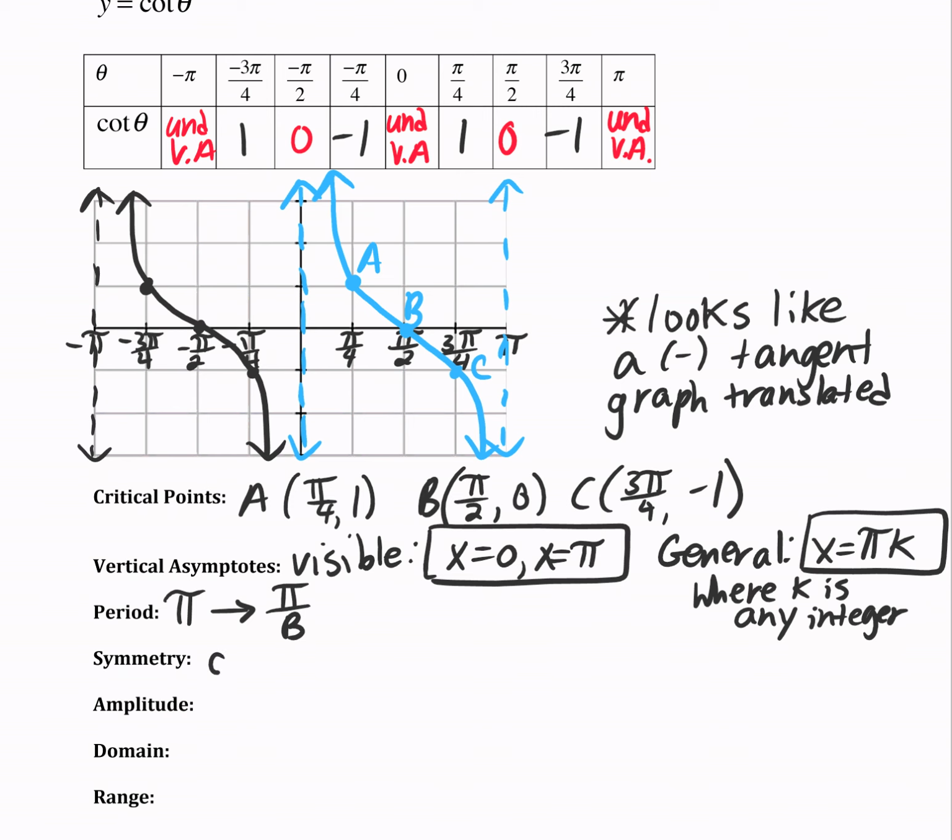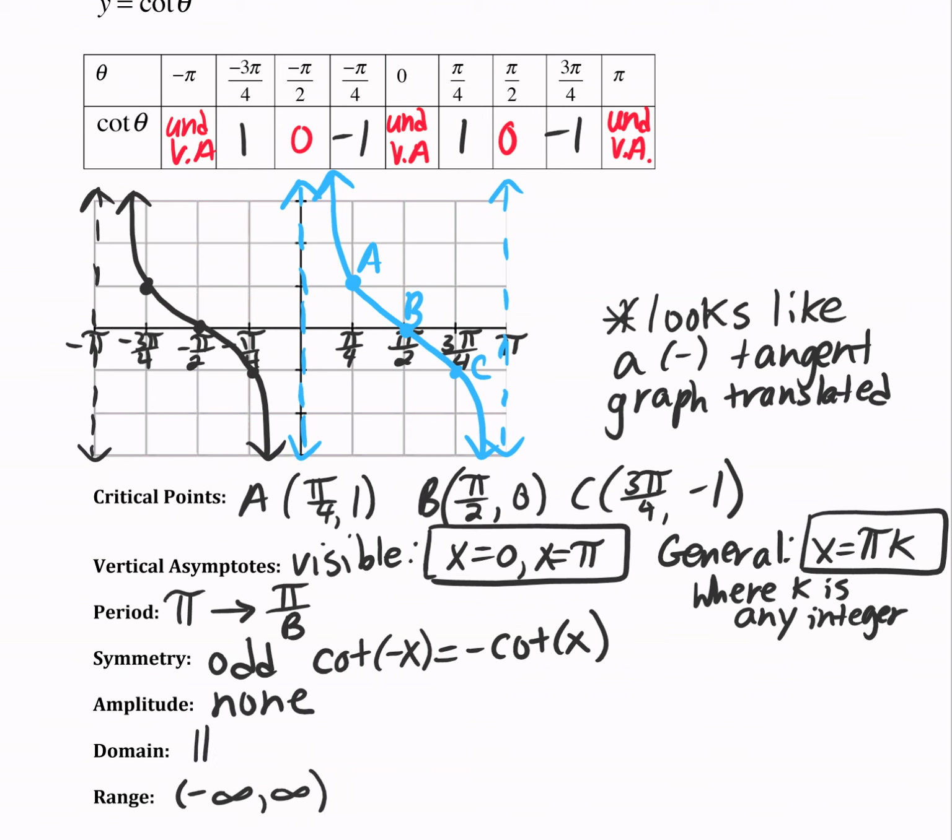Symmetry for this is also odd. Now I know there's no point going through the origin, but we do have an asymptote going through the origin, so that kind of counts. And if you do rotate it, it does look the same. Again, there is no amplitude. Our range is negative infinity to infinity. And then the domain is the one that's going to change based on your transformation. So again, all real numbers